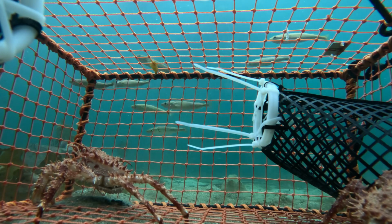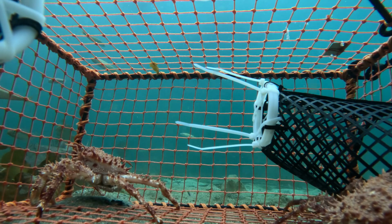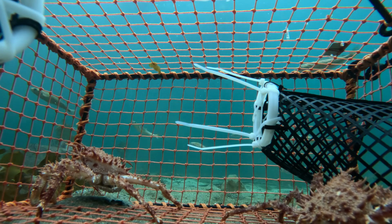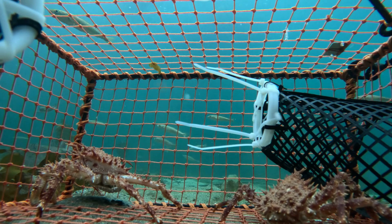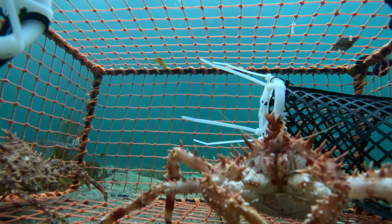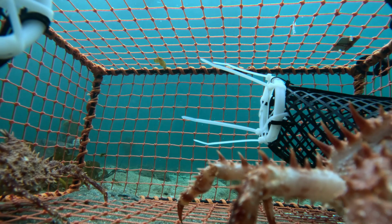I attached my GoPro to the inside of a little trap to see if I could get some cool footage. I stored the crabs in here for a few days too, while I got the tank set up. I'm quite happy with this footage, so I think I'll try making some more videos like this, and maybe I'll bait the trap and see what goes in. The only issue though is how long the battery would last on my GoPro, as it's quite cold in the water here, so...